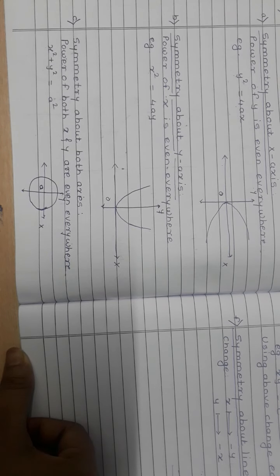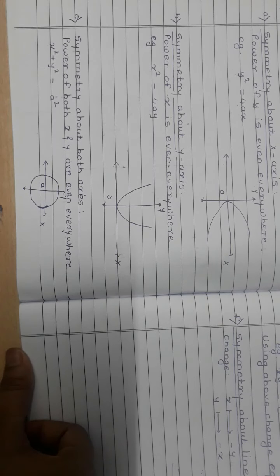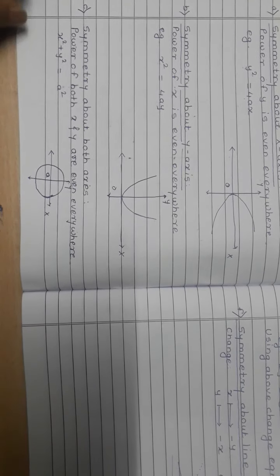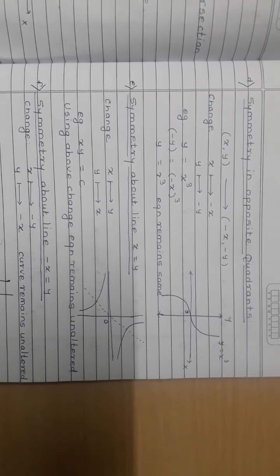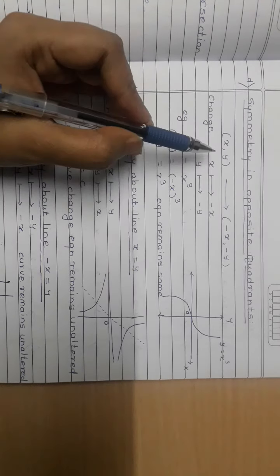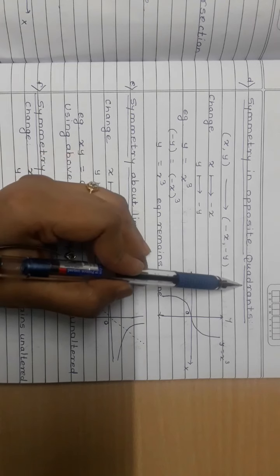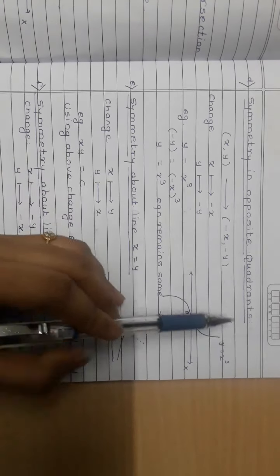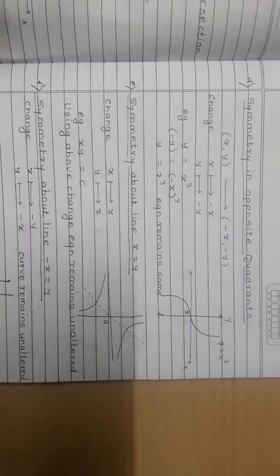Okay, so now if let's say power of y is also not even and power of x is also not even throughout the equation, then in that case what to do? Firstly, check for the powers. If not, then we are going to use the next 3 things. Okay, now to decide whether this is symmetric about opposite axis, meaning these two are opposite axes, right?